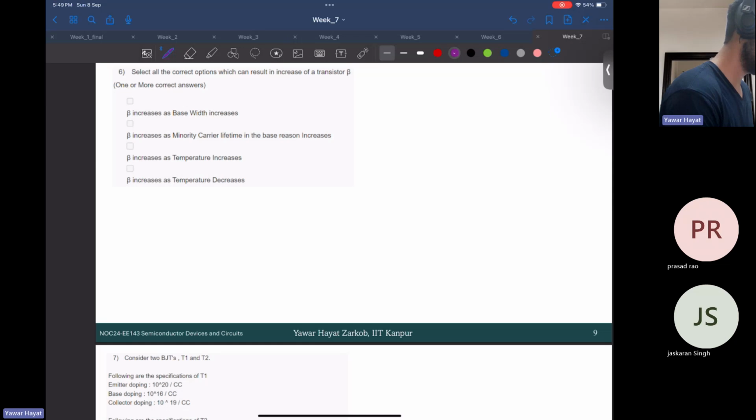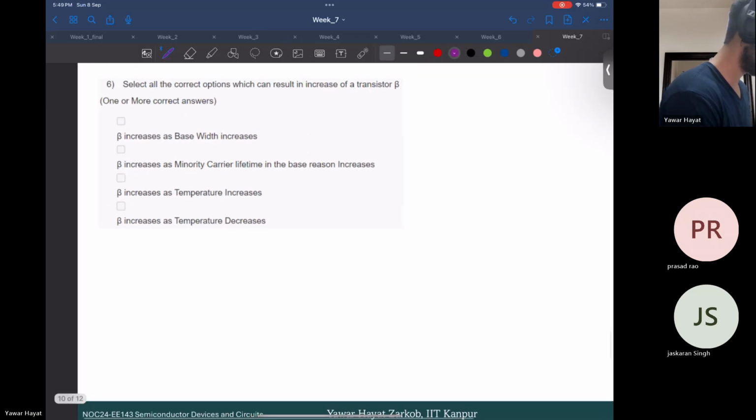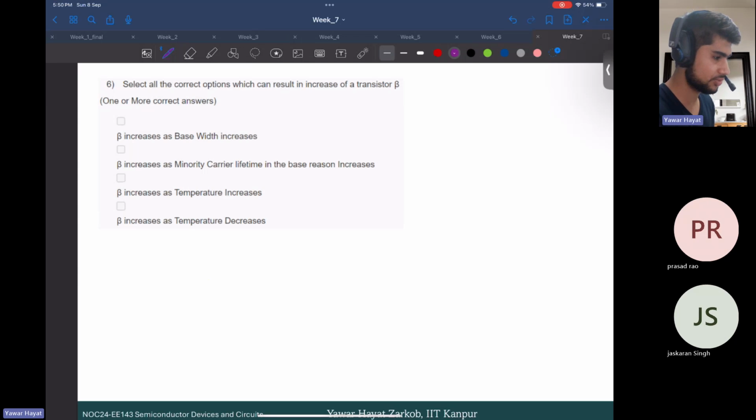Now listen. Option B. See, beta does not increase as base width increases. About the second one, right? For the second one, does beta increase as the minority carrier lifetime in the base region increases? Well, it does. Reason being,